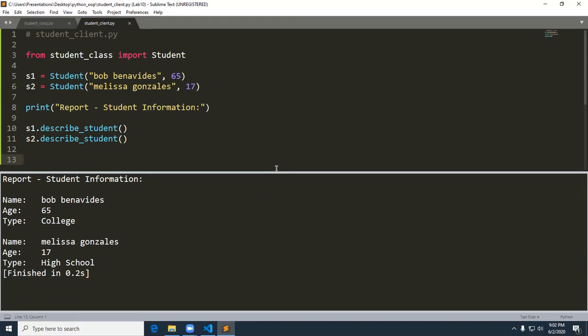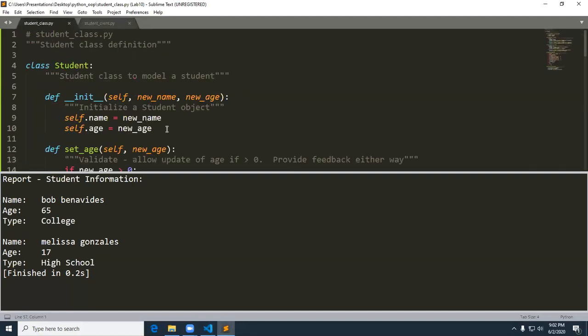It's putting in Bob in lowercase, age. Did I forget to do something in here? Yeah, I think I forgot the title method inside of the constructor. So let me go back over here. And this is probably why you should code and build, and code and build. Right in here for name,